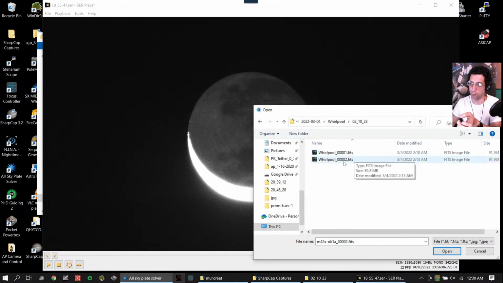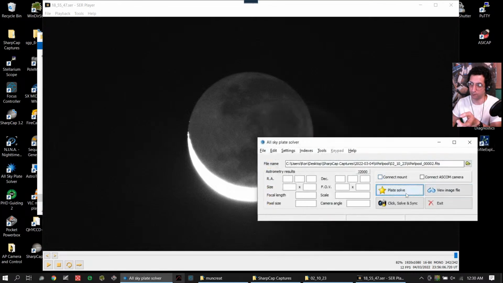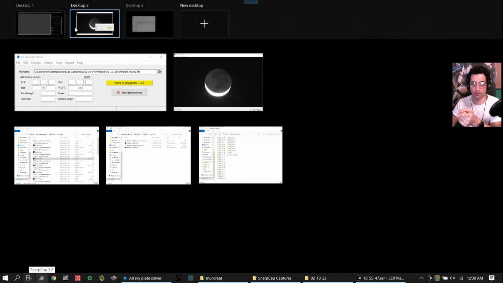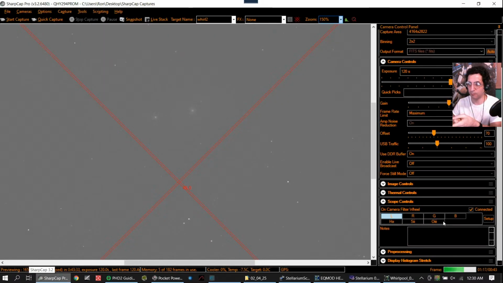Let's see. So now Whirlpool. Let me see if we could process this. Plate solve. So this takes a little bit of time. This does a little bit of number crunching, checks the star map, and in the meantime, yeah, that's awful. I don't see nothing here, man. I mean, I see a little bit of something actually. Yeah, you can see like the two sides of the whirlpool, but